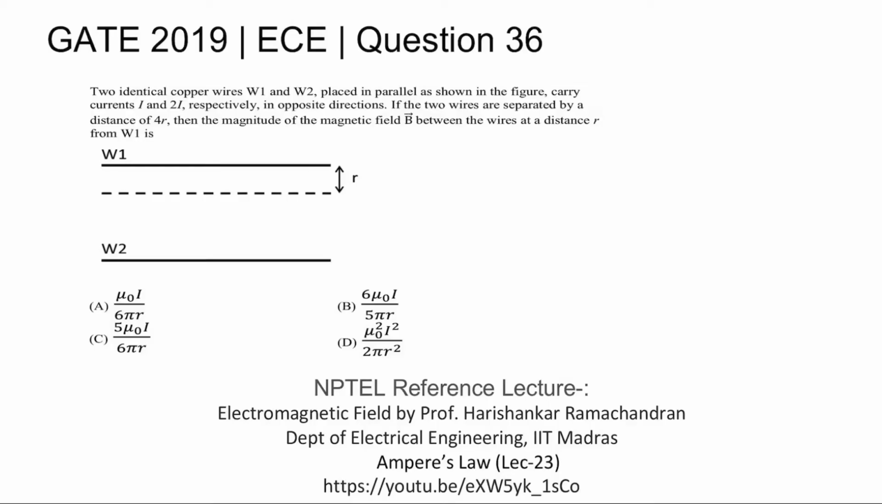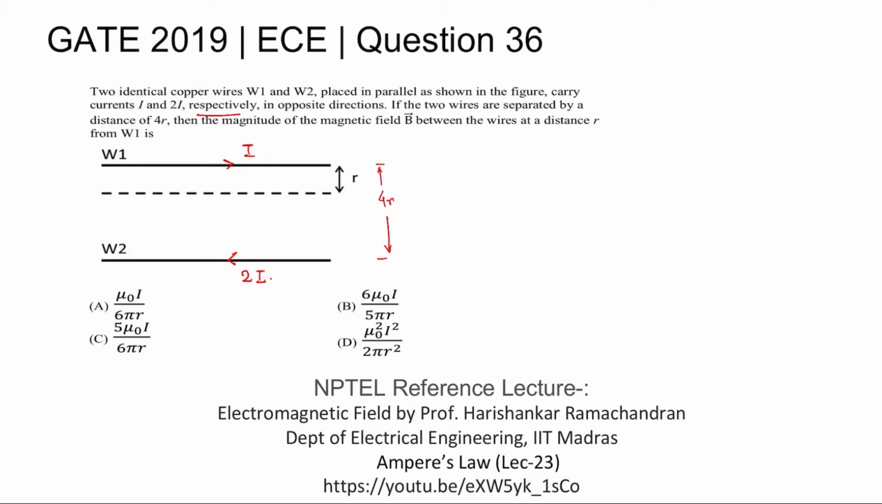GATE 2019 ECE question number 36. Two identical copper wires W1 and W2 placed in parallel as shown in the figure carry currents I and 2I in the opposite direction. So if one current is flowing in this direction, let's say this is I, and correspondingly this is 2I in the opposite direction to the wires W1 and W2 respectively. If the two wires are separated by a distance of 4r, so given that this distance is 4r,